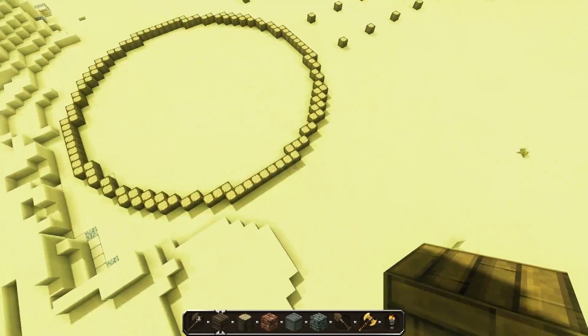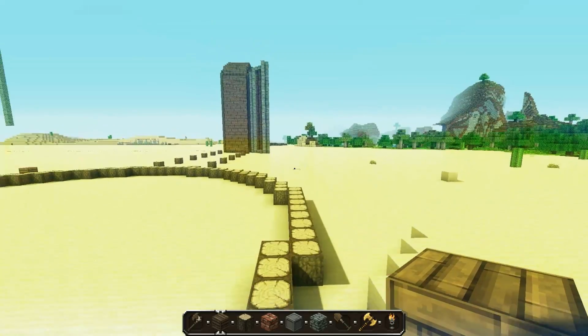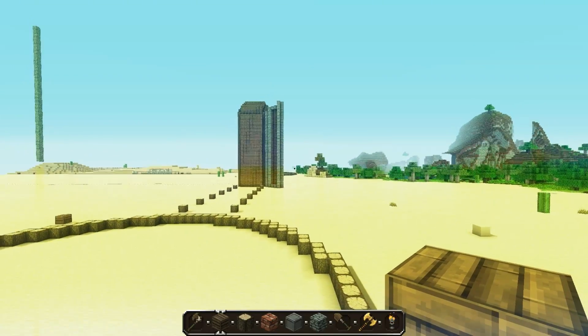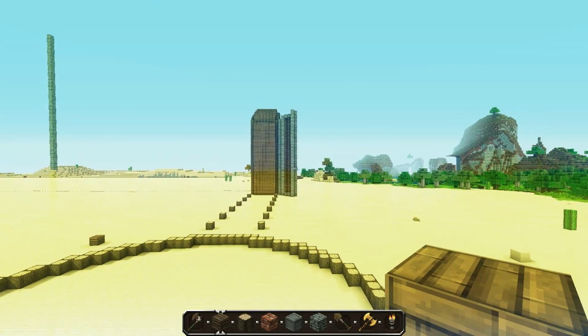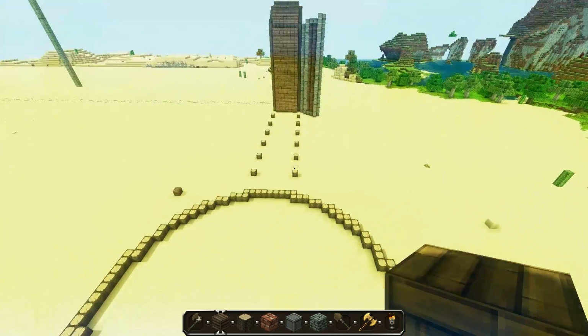Actually, you know what? I'm going to make it come up to about here, go in, up, in, up, in, up, in, up to about here, and then just have a thinner tower inside it going all the way up. Maybe even have it...